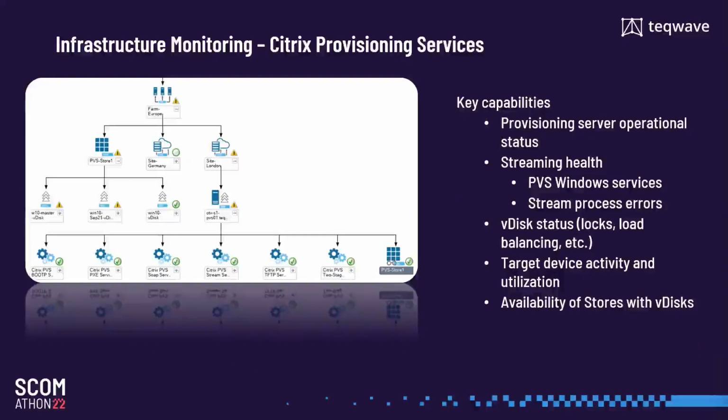The next component is Citrix Provisioning Services, or PVS. This is a software streaming technology that delivers patches, updates, and other configuration information to multiple virtual desktop endpoints through a shared desktop image. And our Provisioning Services Management Pack monitors PVS server operational status, streaming process health, number of